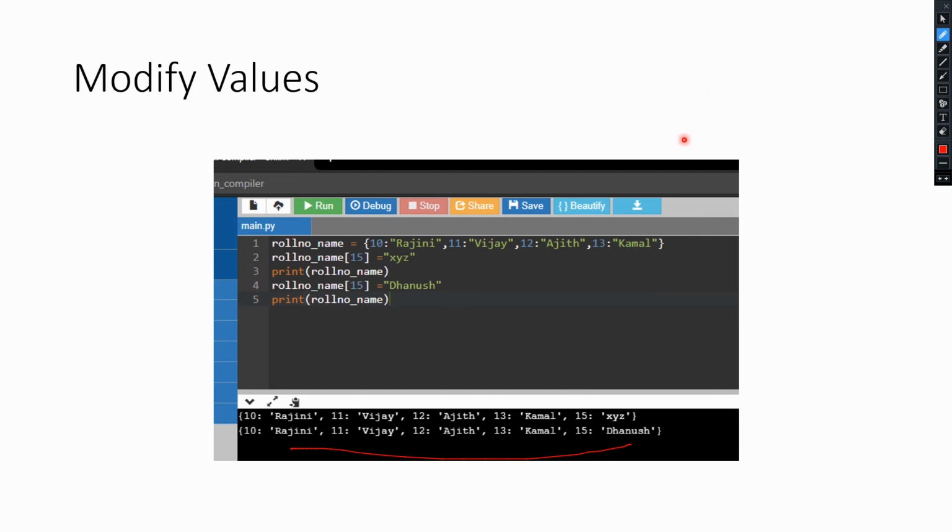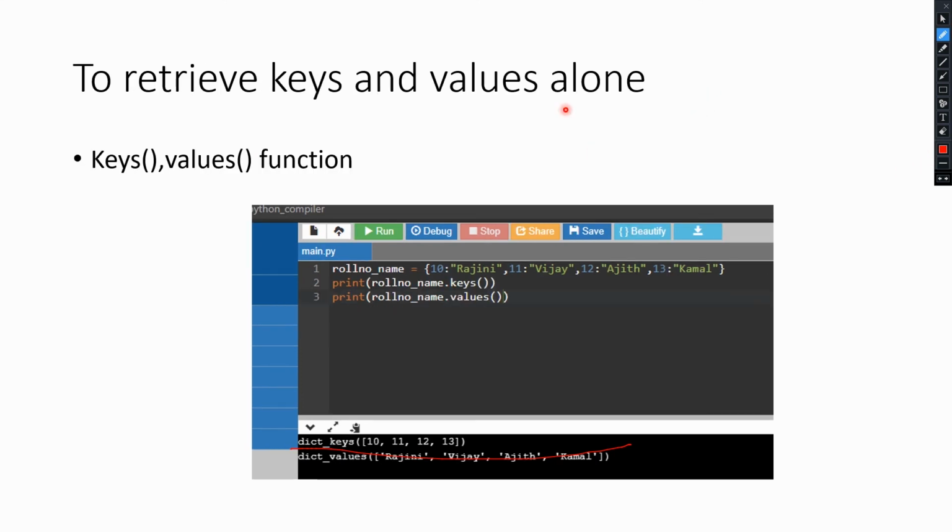Now in the next slide, we'll see how to retrieve keys and values alone. Sometimes you want to see only the keys, what are the keys that are stored, or sometimes you want to see only the values. So you want to see only 10, 11, 12, 13, or you just want to see the names or whatever is stored in the values part. So you have to use the keys function or the values function. If you want to just retrieve the keys, you can use roll number name dot keys, or print roll number name dot values.